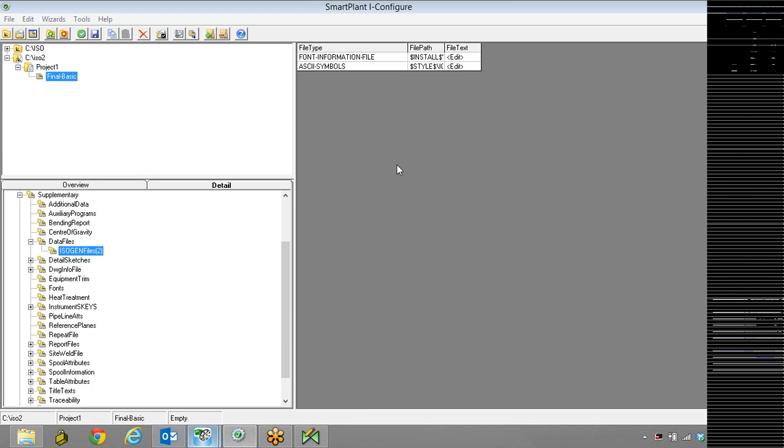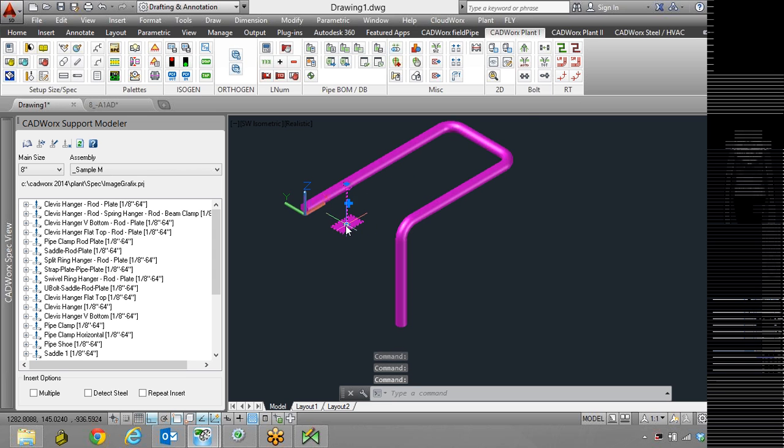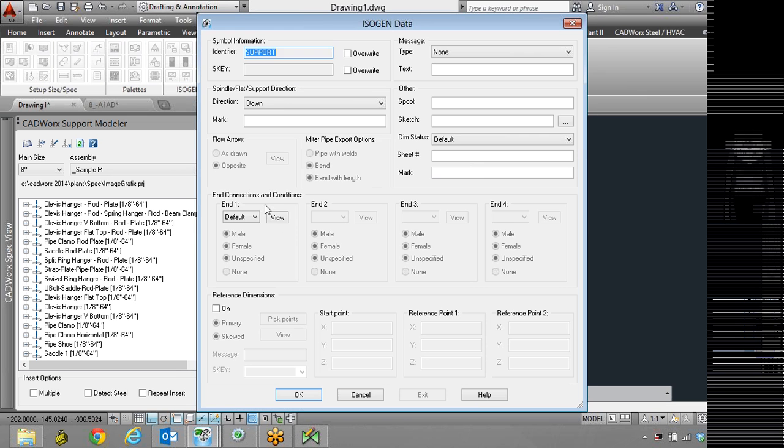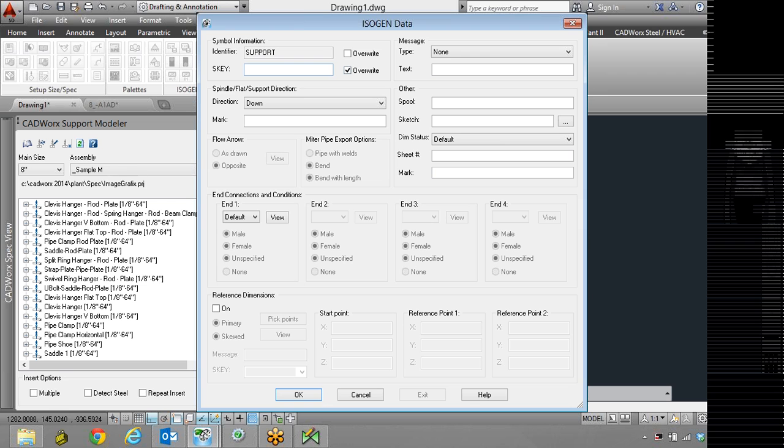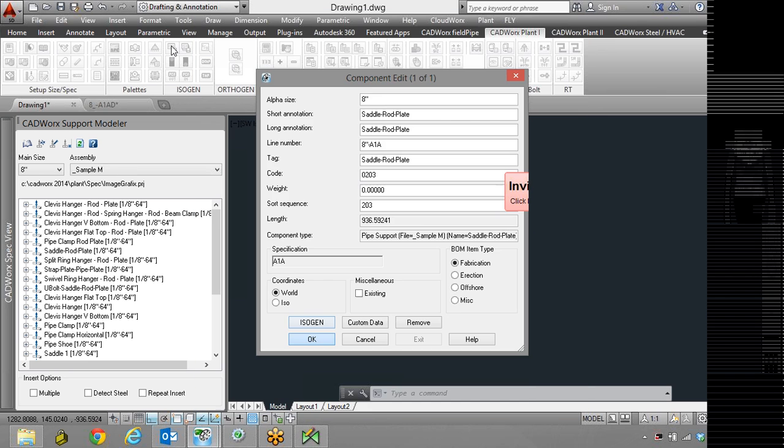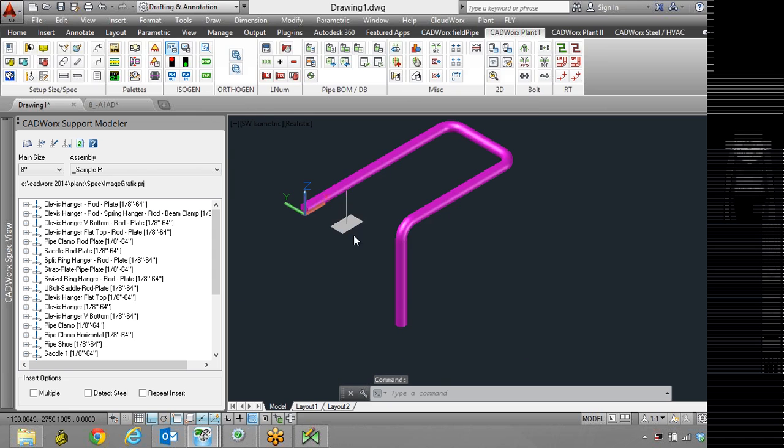Now I go back to CADWorx, pipe support, double click, select Isogen, and I choose the SKY which I created, IGSU, and then image graphics support, as it is a round one. I save this, and if we run Isogen out,